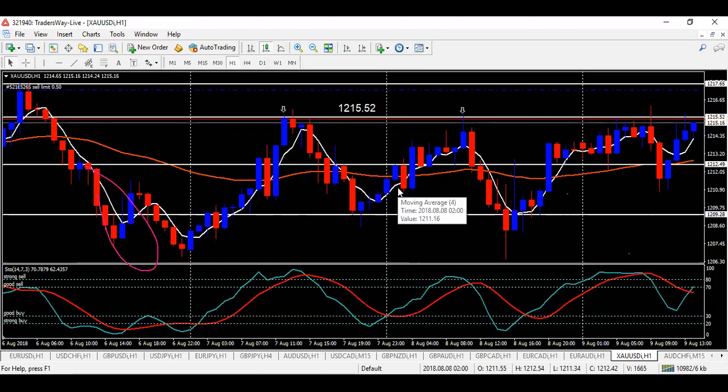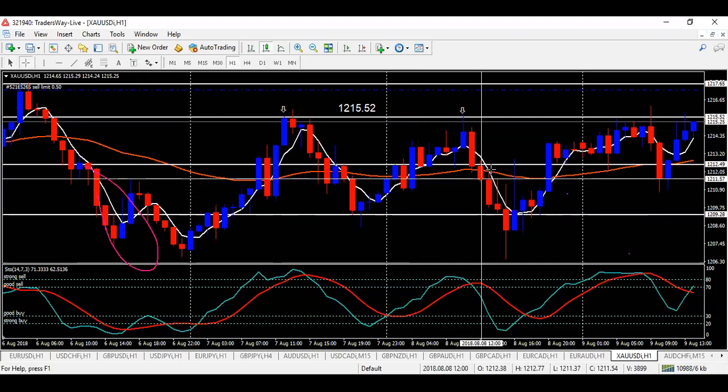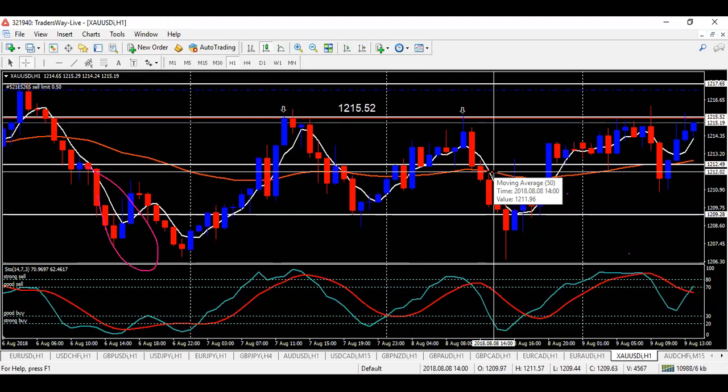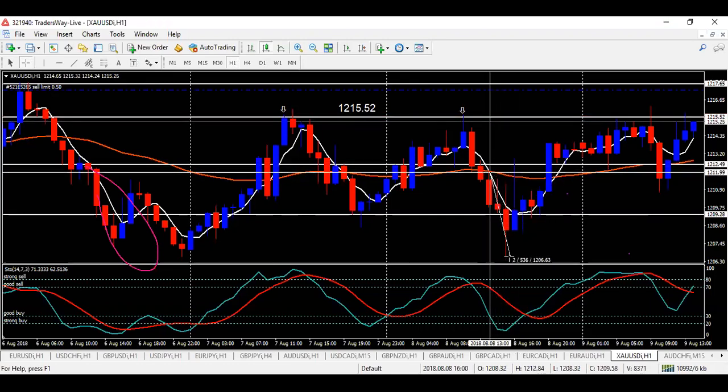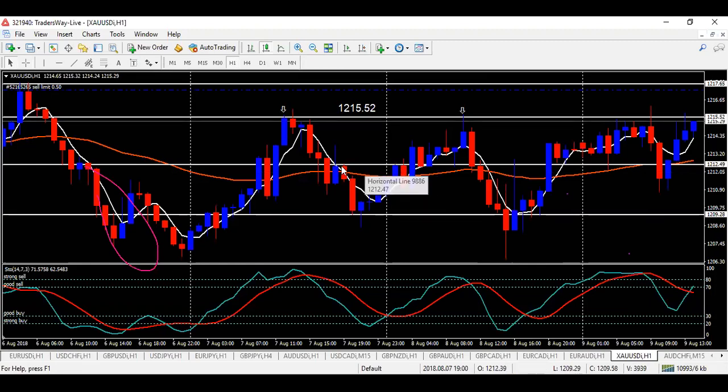Remember, when the 4 and the 50 cross, just like over here, when the 4 moving average crosses the 50 moving average on its way down, you sell. Right? When they cross right here, if you have these moving averages, these indicators on your charts, you sell. That gave you 57 pips. But over here, you place your teacup and then this right here happened. So once this happened with the 4 and the 50 cross,